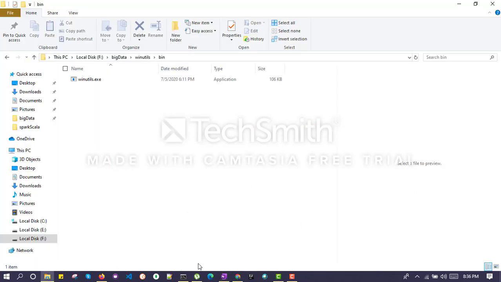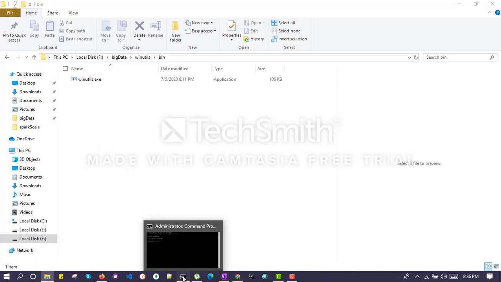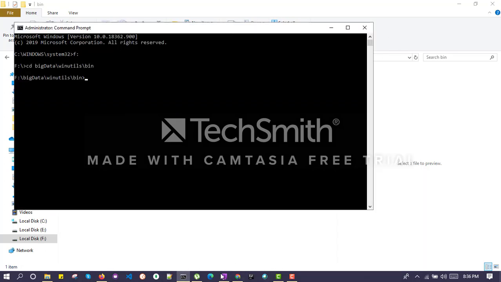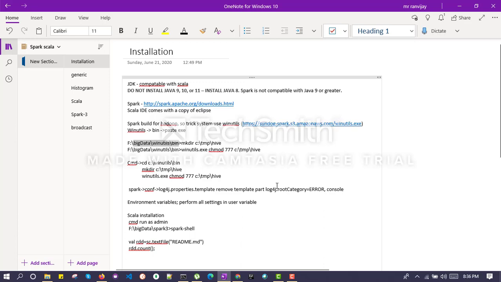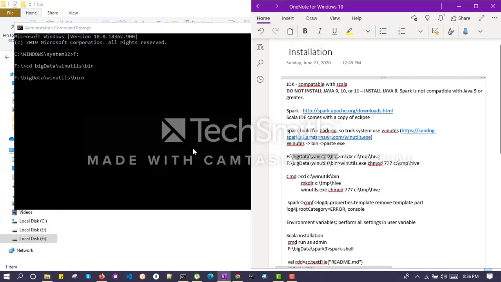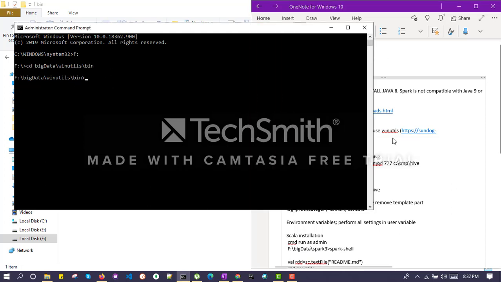So for that, we will just execute this command. I will just place these four lines like this. This will be helpful for us to navigate. So we will just paste this link. Since I have already done this one, no need for me to do this. Anyhow, I will just execute this one.